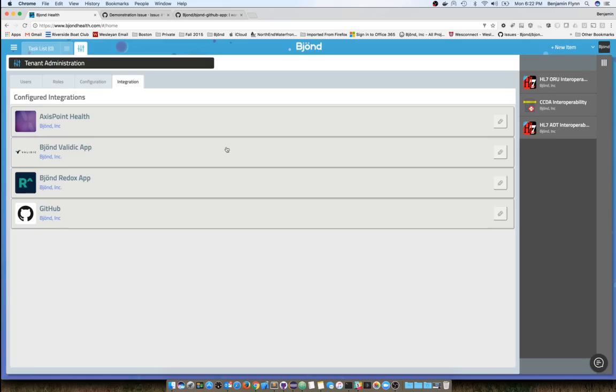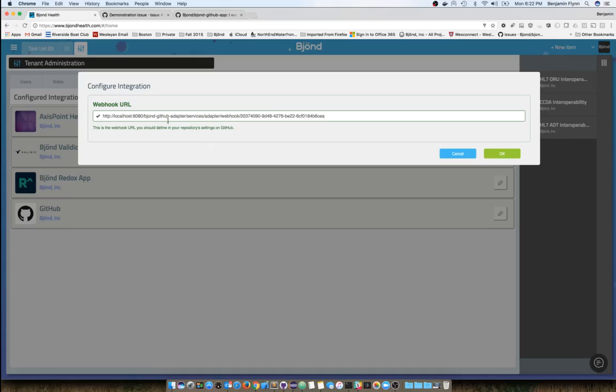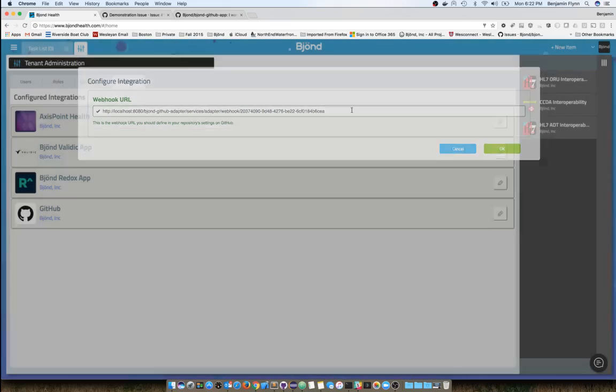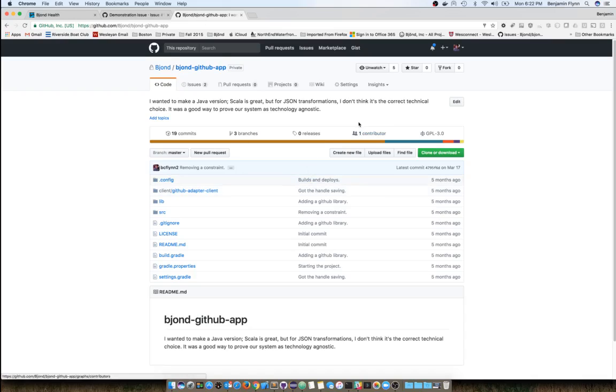The second thing you're going to do, and this is running locally on my system right now, so the URL is going to look a little different. But if you click the pencil icon, it's going to give you a full URL that you can just copy and paste directly into your